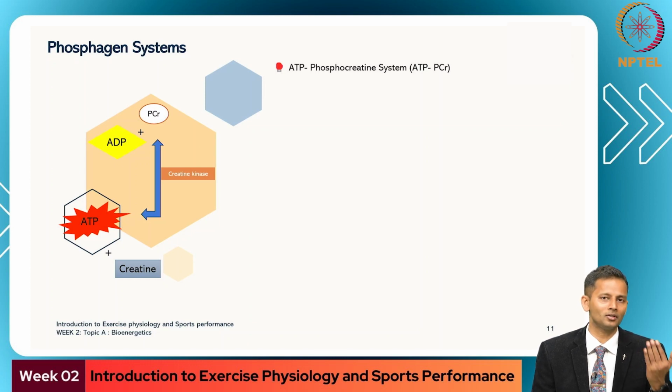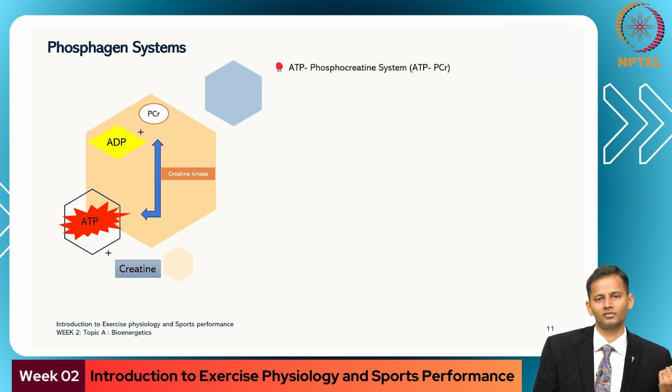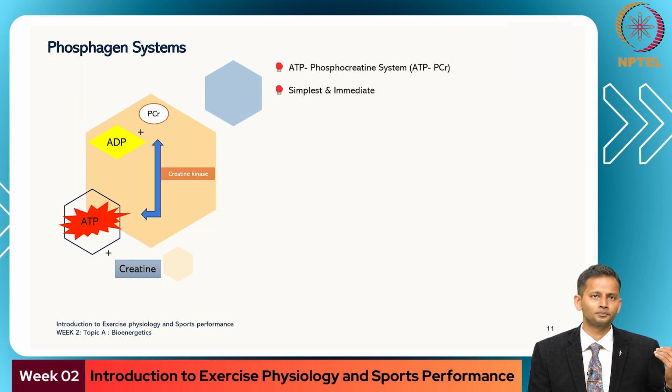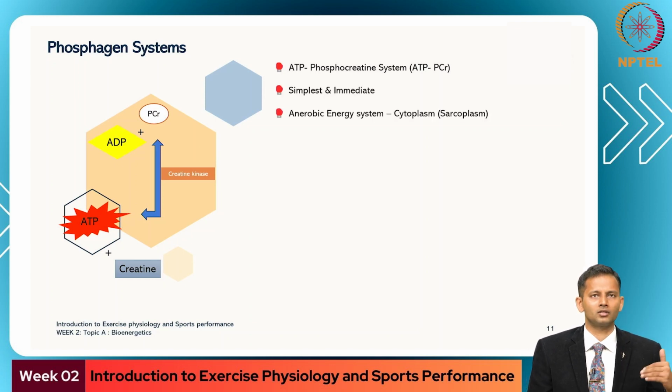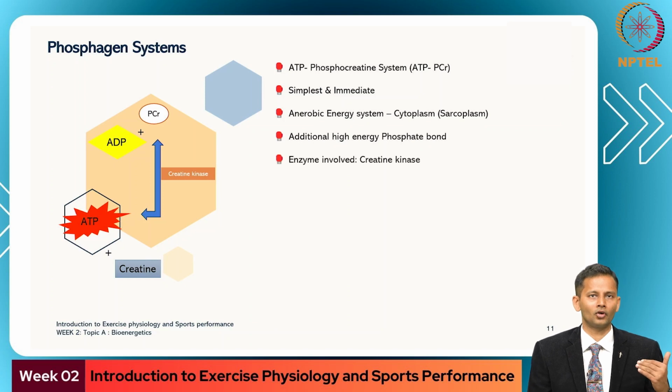So if you see the symbol phosphocreatine, there is one phosphate atom in that. So the phosphocreatine is cleaved, and this phosphate joins with the adenosine diphosphate and then forms the ATP and a byproduct called creatine. So this particular reaction is mediated by an enzyme called creatine